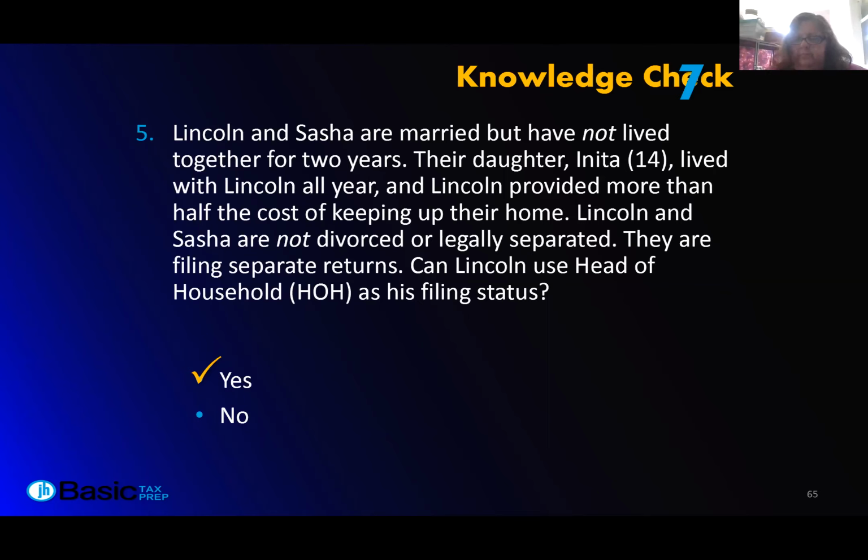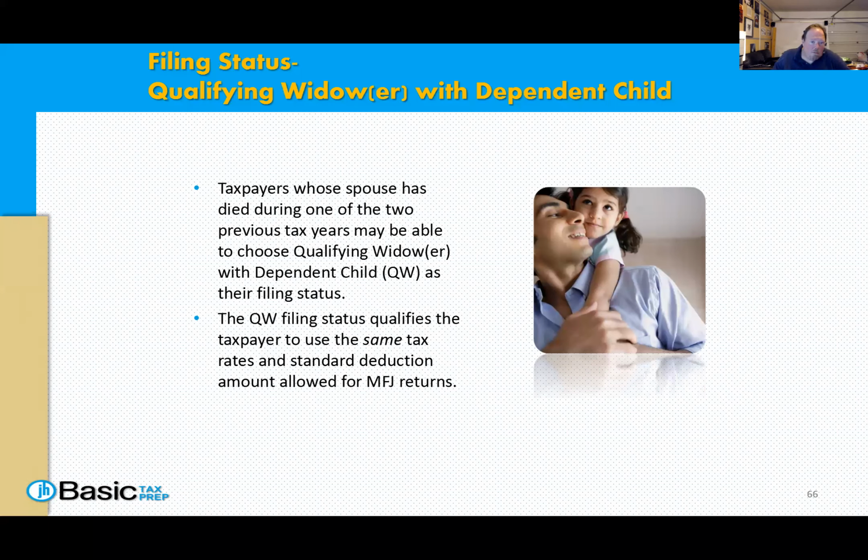So that's kind of what happened in this case, you immediately kick into, oh, wait a minute. No, they're not married. They're separate. No, what? And then they throw in they're not divorced or legally separated. So when it comes down to it, even though they are not living together, they would file married filing separately. But in his case, he is filing head of household because he has her. Okay, so I know that sometimes sounds, it's kind of like putting a great big jigsaw puzzle together.